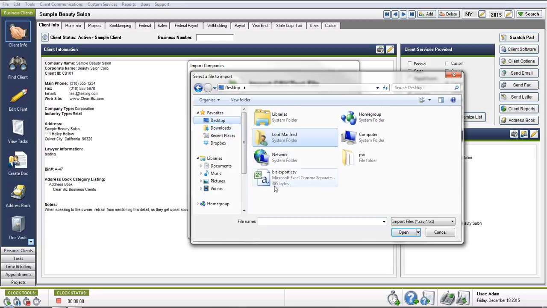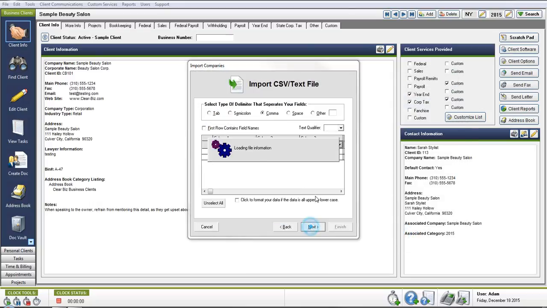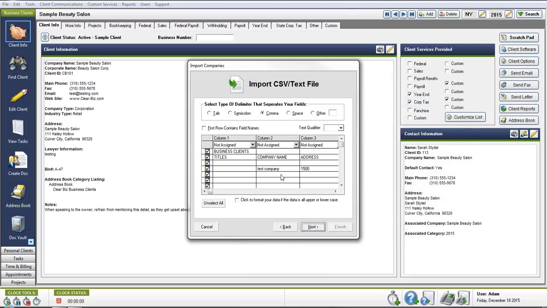So if we put it on the desktop, then we're going to tell it to open up the ClearBiz export data here. And when you click Next, it's going to look very much like an Excel spreadsheet in this next window. And as I stated earlier, there's going to be drop downs here at the top of each of these fields. Now, you don't necessarily have to bring in all of the clients, so you can actually hit Unselect here